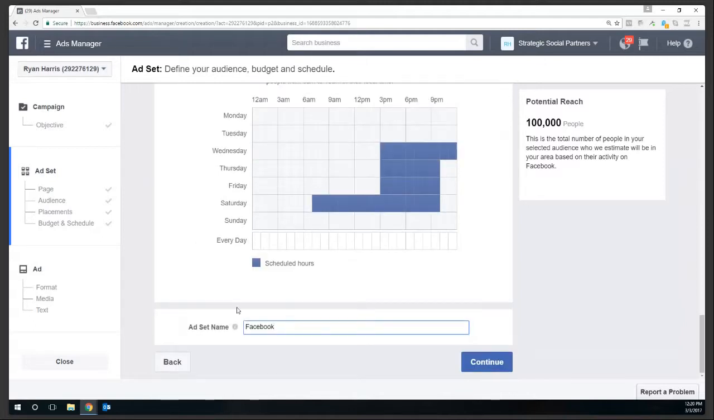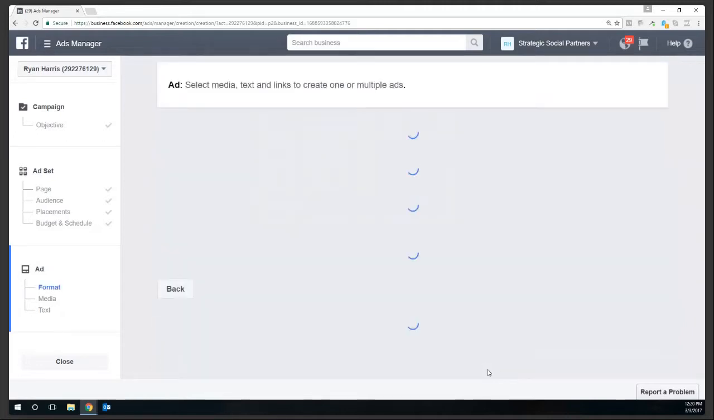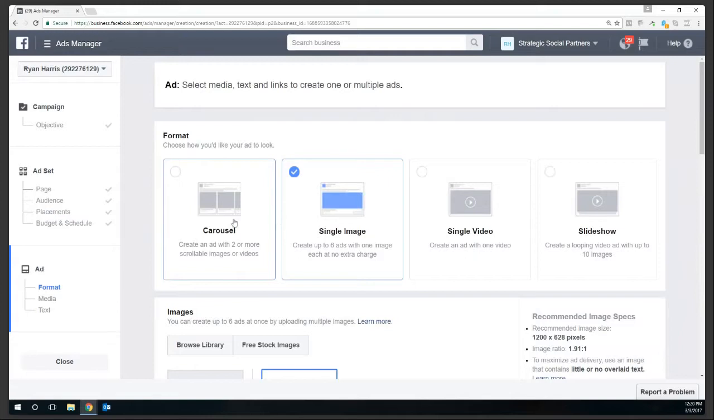Okay. So this is my Facebook ad set. I'm just going to say continue here. And then I'm going to go into the actual types or format of the ad. I can do a carousel ad, which is just a scrolling image. Maybe you've seen those. They go to the right. I can create up to 6 ads with one image, meaning there are 6 different things on the ads, 6 different types of images. There's a single video ad,